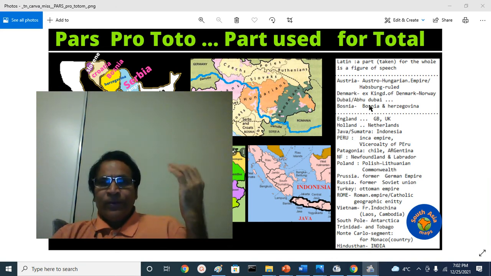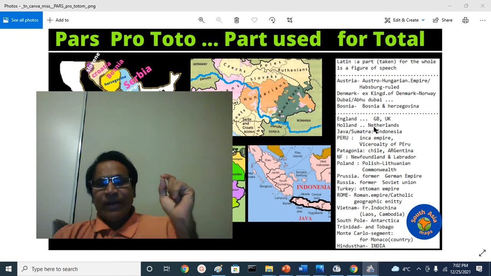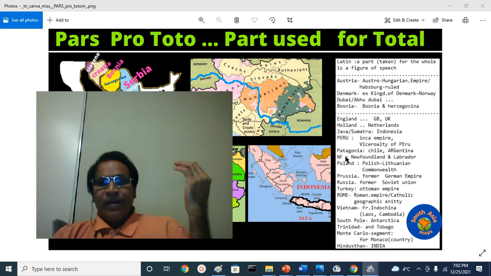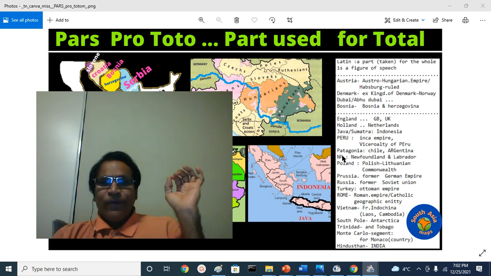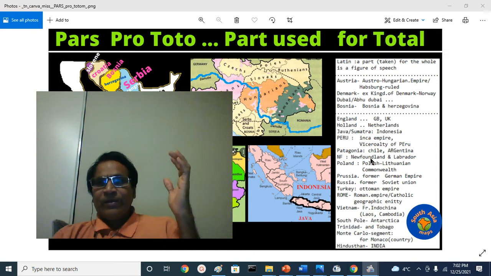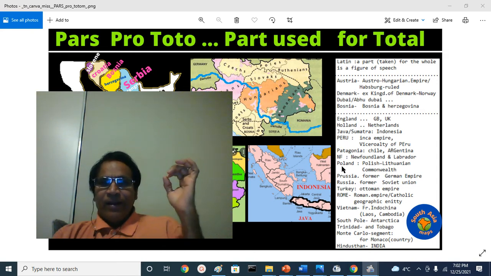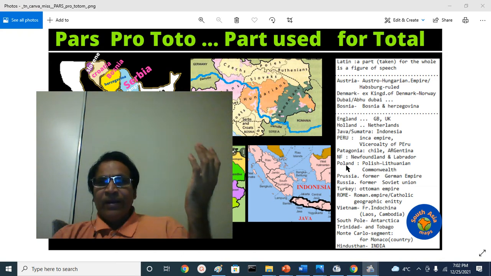a small part called Dubai or Abu Dhabi used for the Trucial States or United Arab Emirates, a small part called Bosnia used for Bosnia and Herzegovina, a small part called England used for Great Britain, United Kingdom or British Isles, a small part called Holland used for Netherlands, a small part, the island of Java, used for Indonesia, Peru used for the Inca Empire,